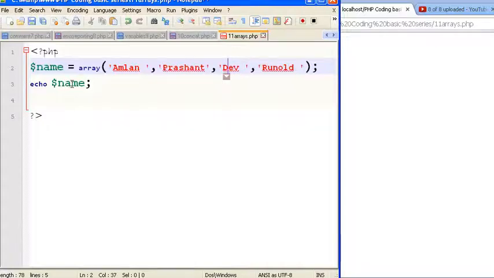And now the point I was arriving at: the name variable, which was earlier not an array variable and was capable of holding just a single value, which was myself, a string, can now contain multiple values. So this is what arrays are all about. It has slots inside it, and the slots are defined by the values which you give. The slots are called indexes or keys, and any simple non-associative array would always have indexes or keys starting from 0. So typically now when I echo name out, it will simply echo Array.